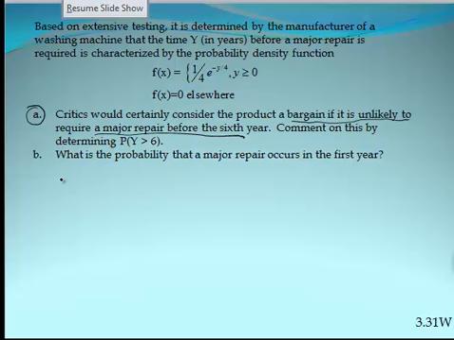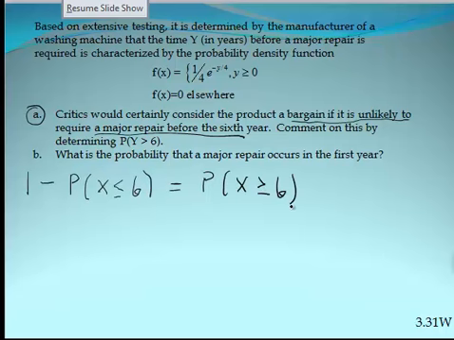So what we want to do is get the probability that it breaks somewhere before the end of year 6, and then take 1 minus that, and that's going to be the probability that it breaks after year 6, or whatever that little point is at the very beginning of year 6. So if we take this value right here and integrate it,